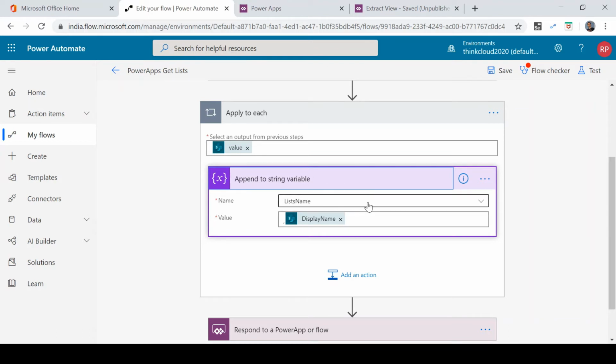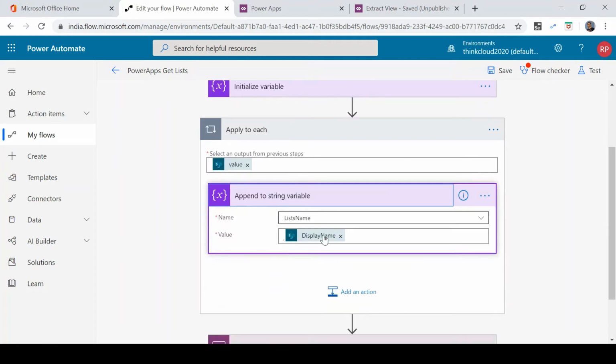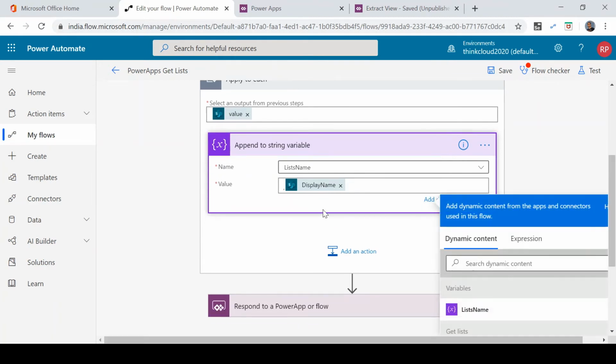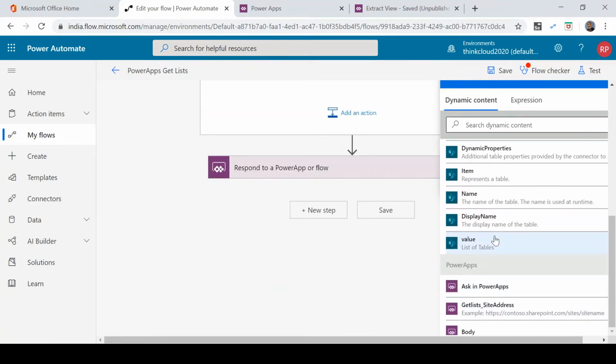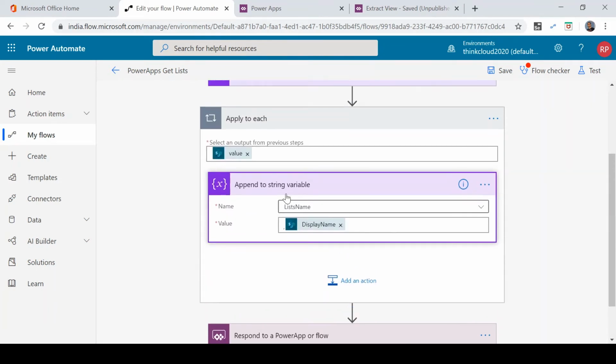I will select the variable which I have initialized in the previous step, which is basically this one, and then I will pass the value, the display name of the get list. Okay, now here basically I am collecting all the list names separated by a comma. So don't forget to put that comma in front of the display name field.